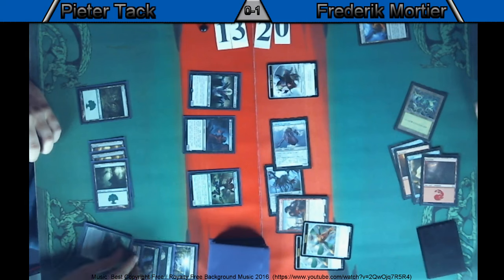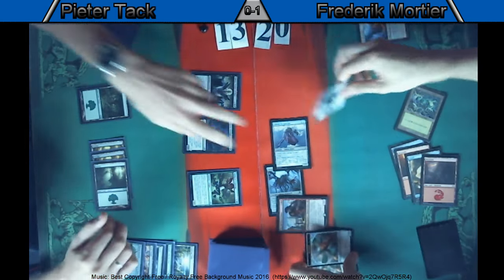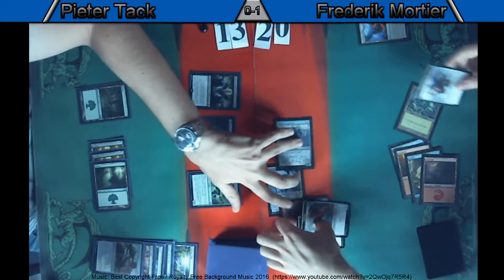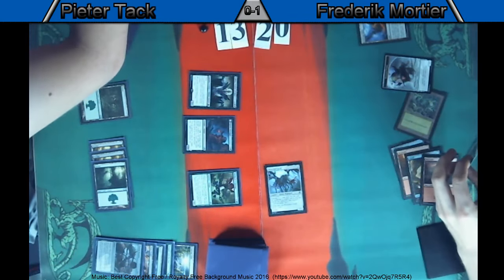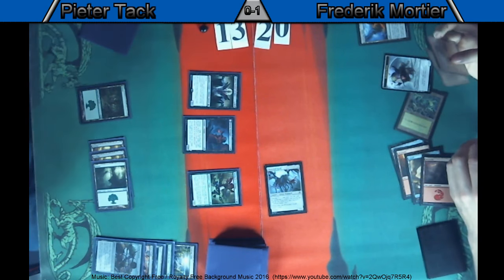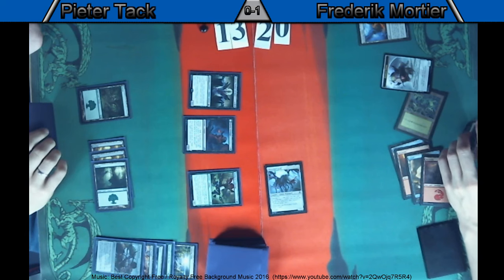Oh my god. There it is. Killing 90% of Frederik's board and making 2/2 zombie tokens for Pieter. 2 or 3? 2. No, wasn't it 2? Sky Spawner and...